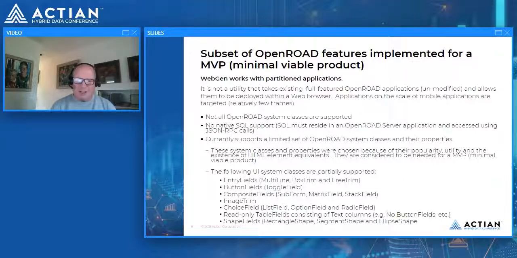There's something I failed to mention in one of the earlier slides, which is that if you look at the HTML that WebGen generates, and you're familiar with HTML, you'll see elements with tags that happen to have the same name as OpenROAD system classes. For example, you might see a left angle bracket entry field, where you might normally see input. You might see button field instead of button. What we've done is we're using a